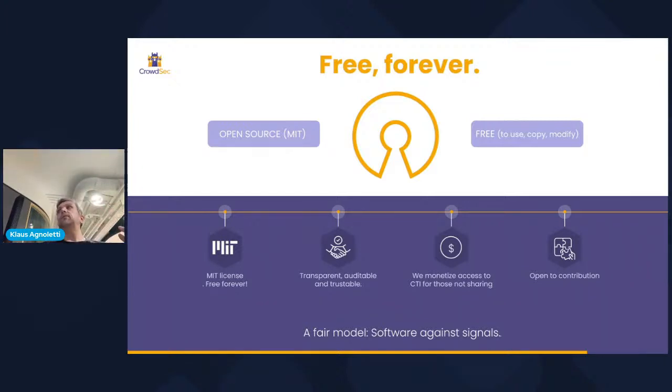It's not really difficult to become GDPR compliant if you don't really collect anything, right? So the only thing we collect is the IP of the attacker, a timestamp, and the name of the kind of attack they're doing. Like brute force, that's a name, and that's the only thing that's being collected and the only thing that's being shared. And it can be disabled, but then of course the whole crowd thing goes away.